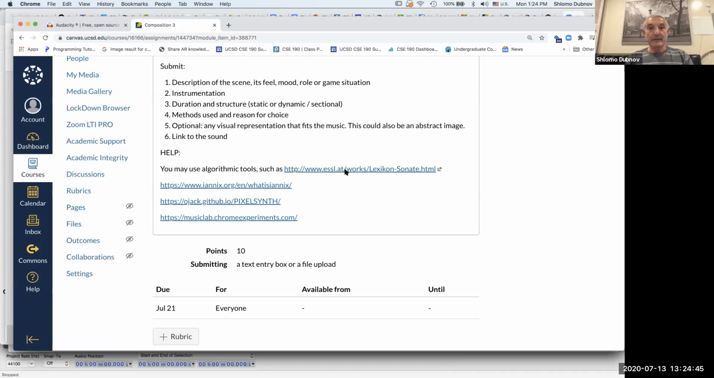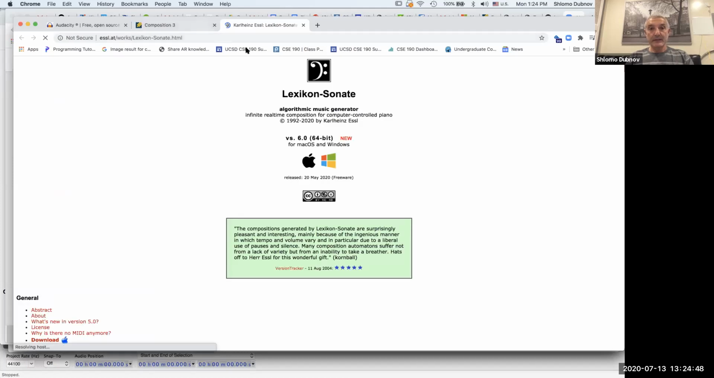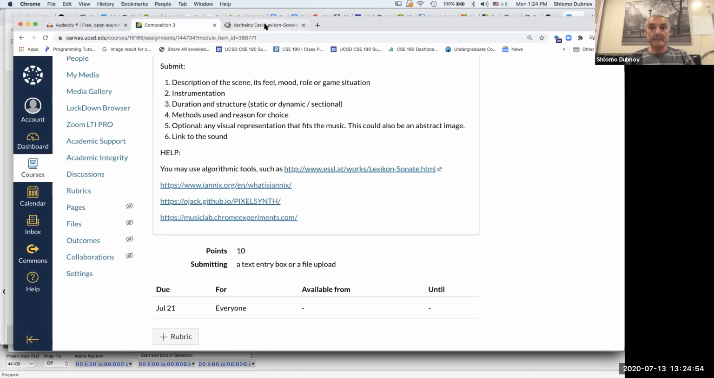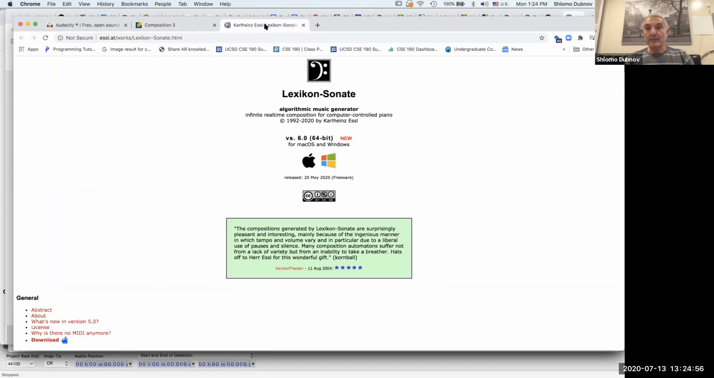If I go to Lexikon Sonata, the instructions also appear on the module where I talk about contemporary composition. There is a little bit more explanation about what you need to run the Lexikon Sonata, but this is an example of a tool that I like to use. It might not be the most simple one, so we'll also talk about the other tools quickly. So this is an algorithmic music generator by Austrian composer Karl-Heinz Essel. You can download this and install it. I have it already installed. So if you run it,